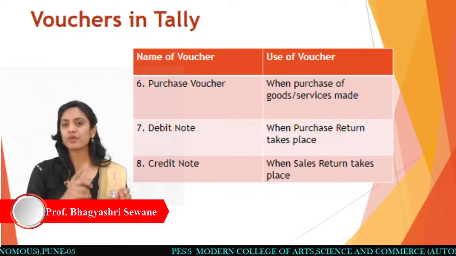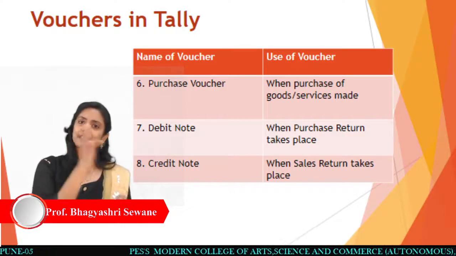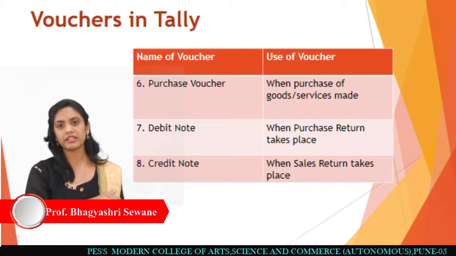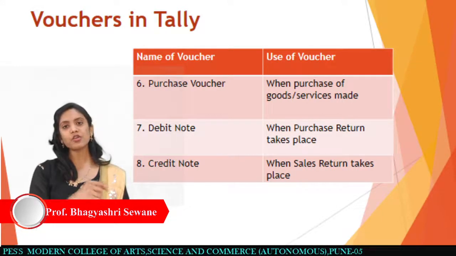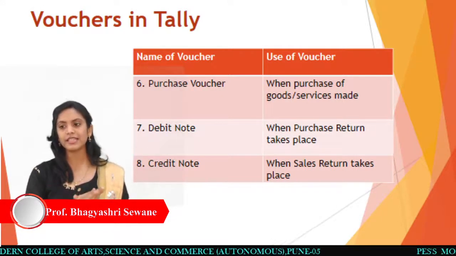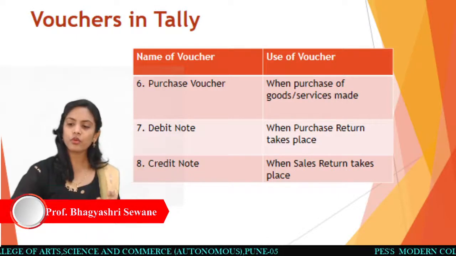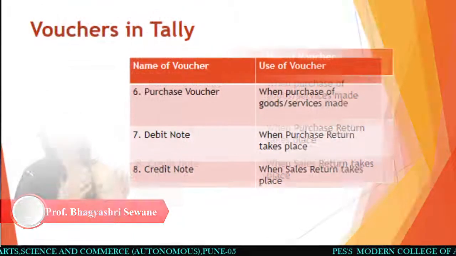So this is going to be nullified. That is, a sales return account you have to debit over here. Likewise, this entry is the credit note. So a credit note you are going to use for a sales return, and a debit note you are going to use for a purchase return.